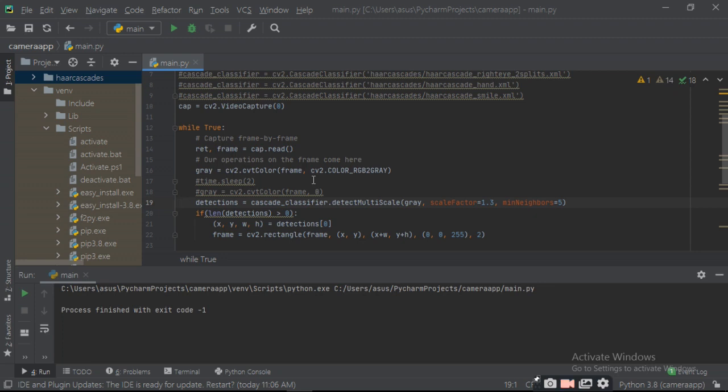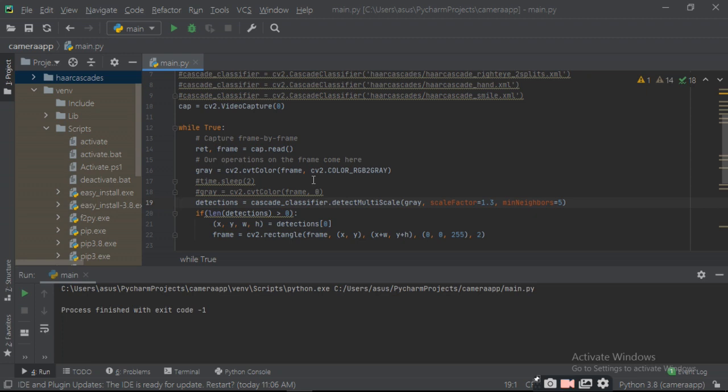Then if len of detection is greater than 0, that is, if the image which is detected is greater than 0, then x, y, w, h, the x axis, y axis and its width and height, you detect on the first position. That detection is the array in which you take the first position.